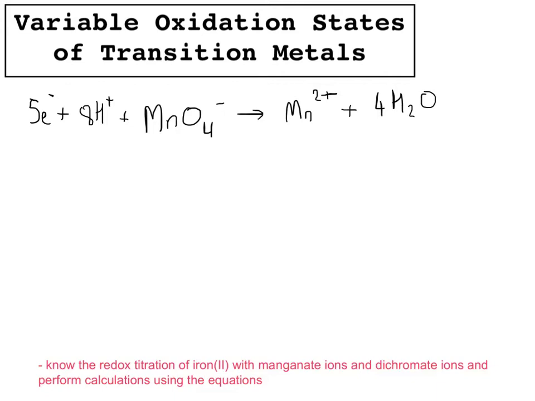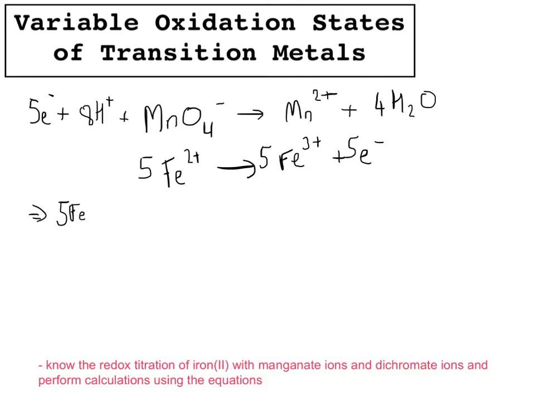And then you've got the iron, so the iron 2+ gets oxidized to iron 3+ plus an electron, and then we need to multiply this up by 5 to make sure the electrons cancel, and so our overall equation for the reduction of manganate ions by iron 2+ is